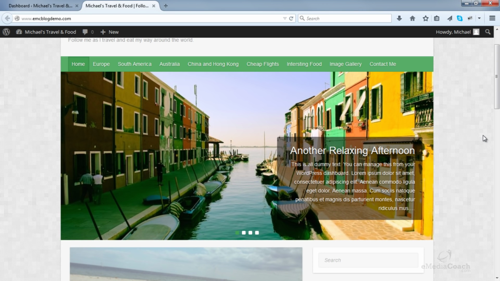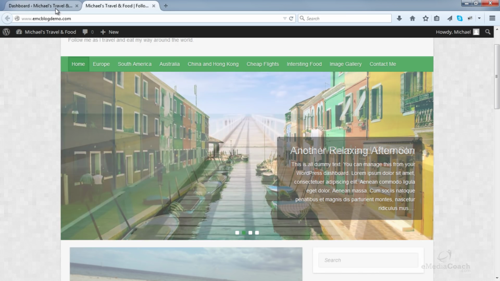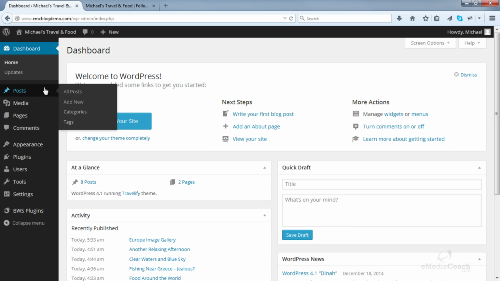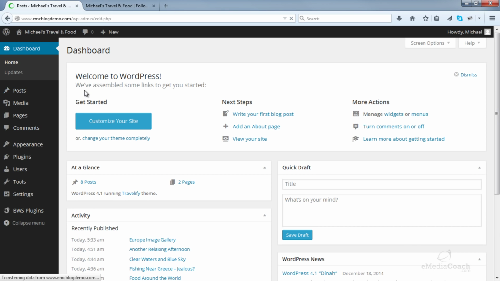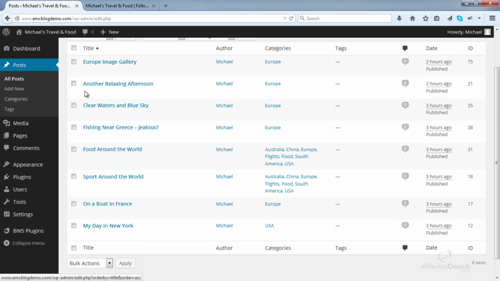One thing I actually dislike is on top of the image sliders, there's a lot of text here, and it looks pretty distracting as well as a little bit messy. So what we can do, we can actually control the amount of text that appears here. Going back into the WordPress dashboard, go to the post that you want to edit. So, for example, let's take this one here.